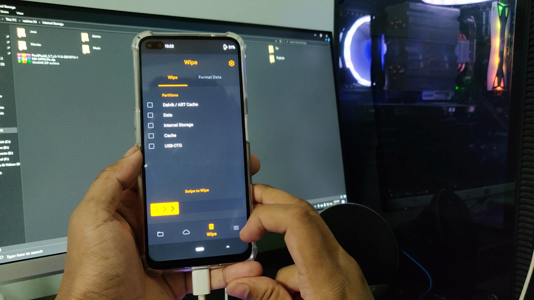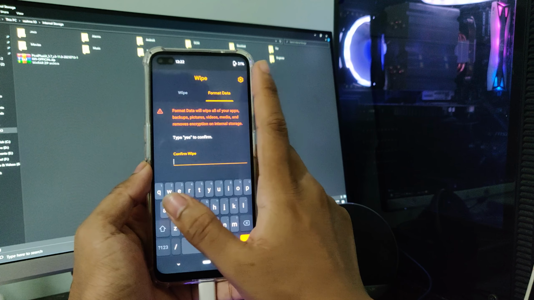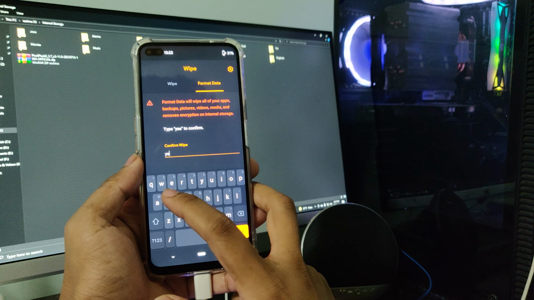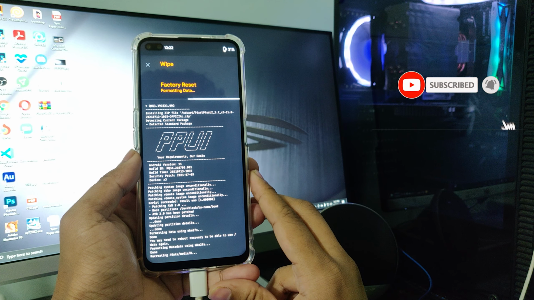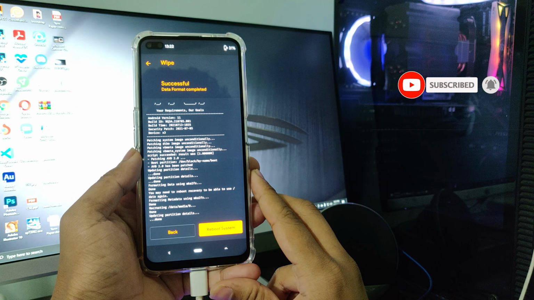Then go to wipe. Then click on format data. Then type yes. After that, reboot system.